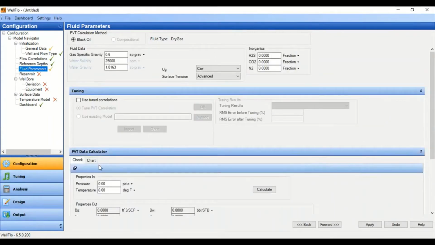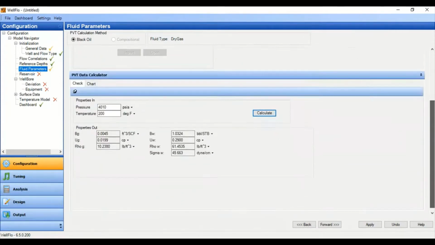the PVT data calculator, properties in, pressure 4010 PSIA, temperature 200, and then we can just press calculate. All right.